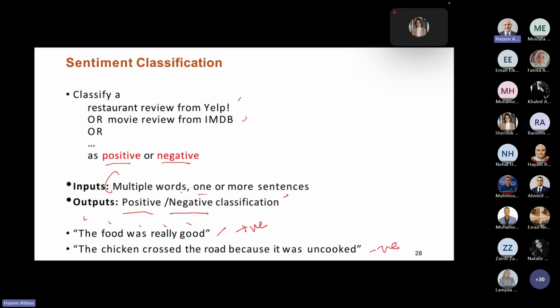It says that the customer here is saying that the chicken was not actually cooked well. So he said that the chicken crossed the road because it was uncooked. Anyways, so